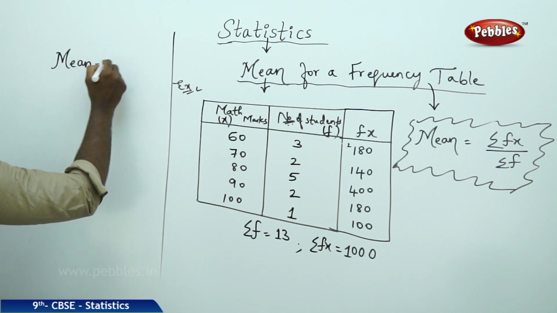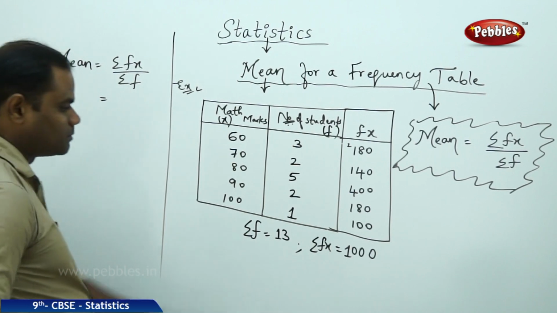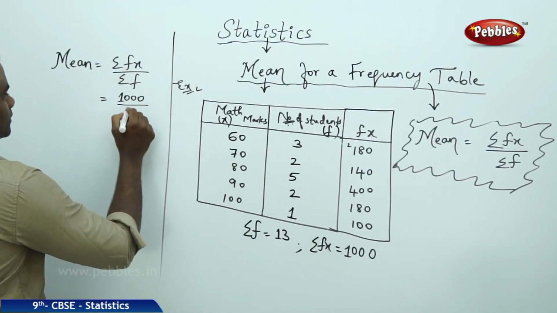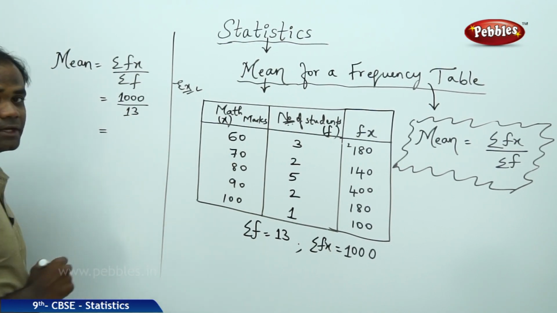So my mean, which is sigma fx by sigma f, is 1000 by 13, which on further simplification gives